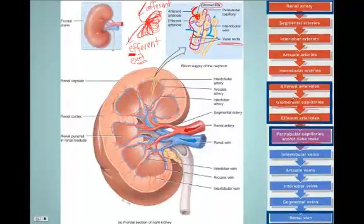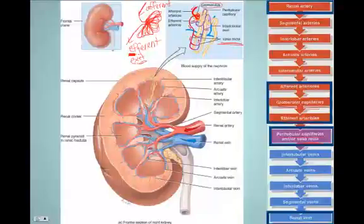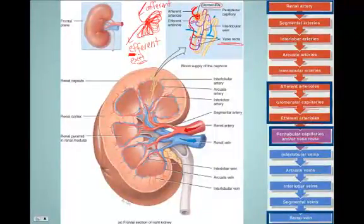So the what we call the loop of Henle, that we haven't talked about yet, but we will in a minute when we get into the nephron. The peritubular capillaries are going to surround that loop there. And then eventually, those peritubular capillaries will drain into your veins. So then they'll drain into the venous system. And then they'll take blood back out the kidneys through the renal vein. Okay? So that's how blood moves through the kidneys,